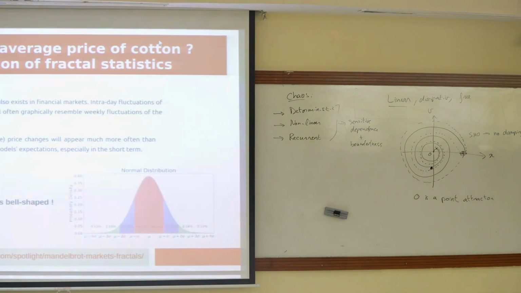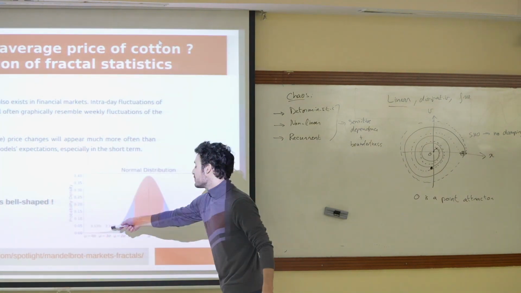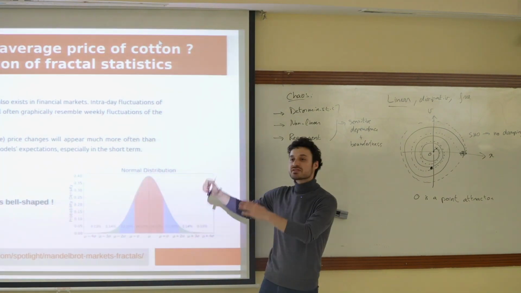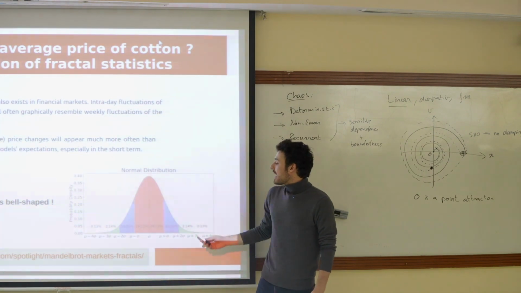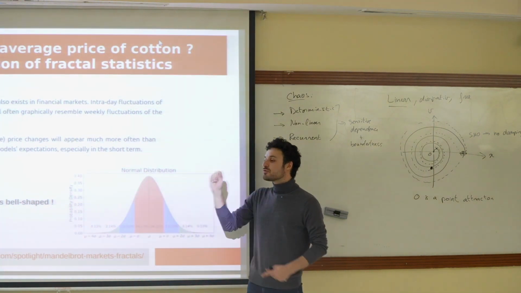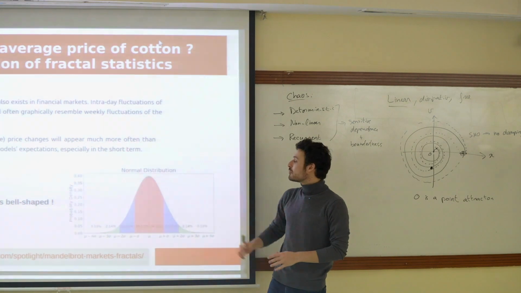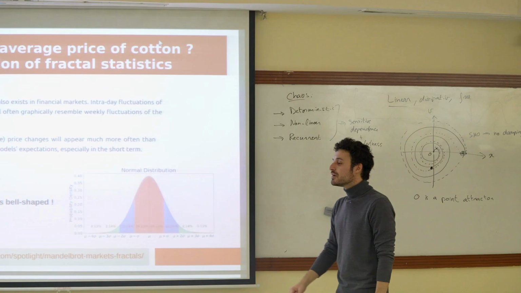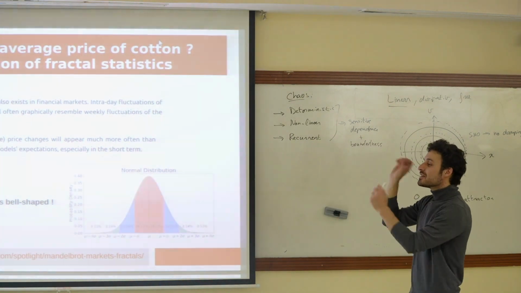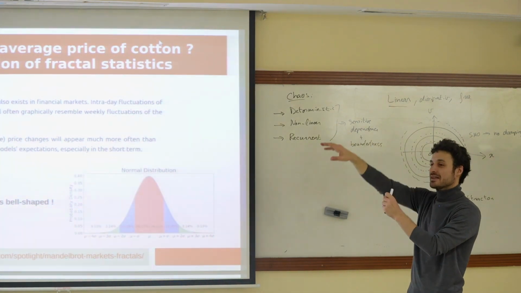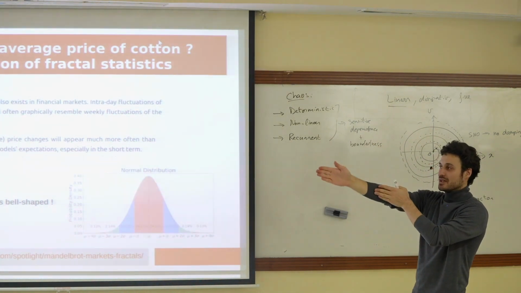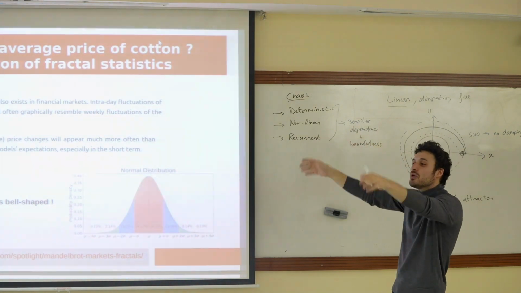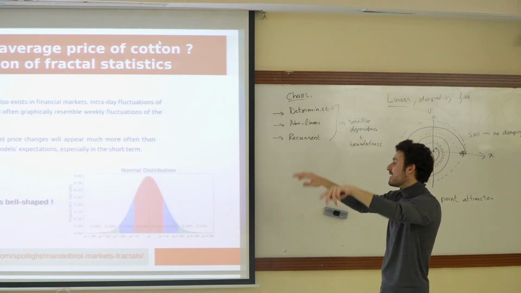Why? Because usually when you think of an average, you think of this distribution, right? So this is what's known as the normal distribution, bell-shaped curve, Gaussian, has many names. And this Gaussian is what happens if you have a random process, right? If you have a random process centered around one expectation value. So for instance, if you imagine I'm not very good at basketball, right? So I try to throw balls into a basket. I'm aiming more or less accurately in that most of my balls will fall around the basket, but a lot of them will just kind of fall to the side, right?